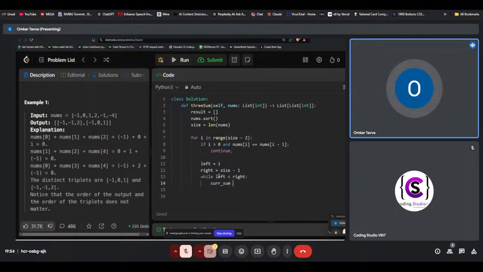What I will do is current sum equal to nums of I plus nums of left plus nums of right. Okay, I made a spelling mistake here, and okay, I'm storing the current sum. Again, we will check it. If the current sum is 0, if current underscore sum equal to 0, what we will do is